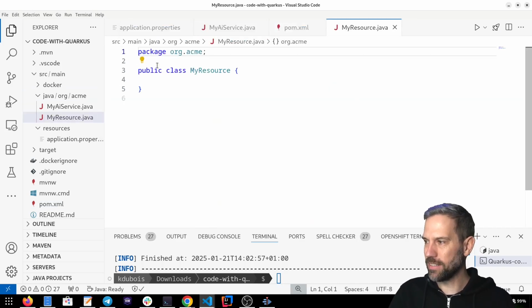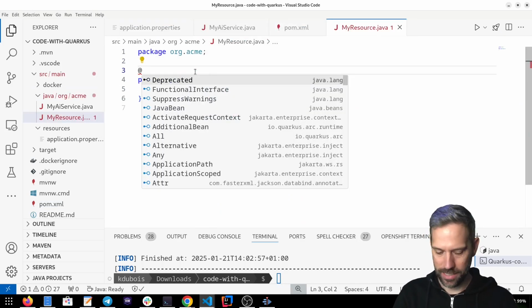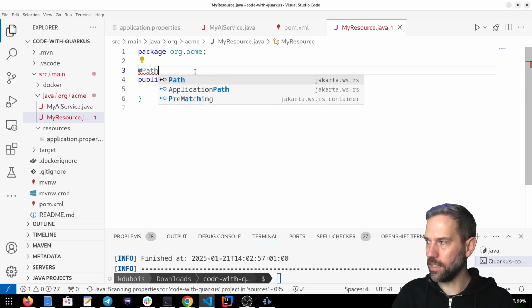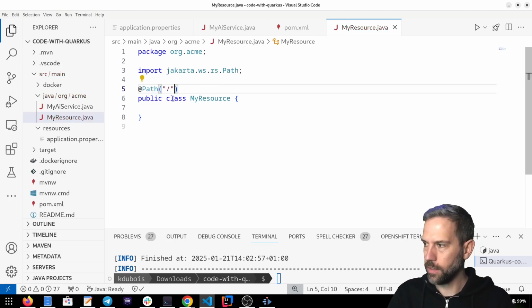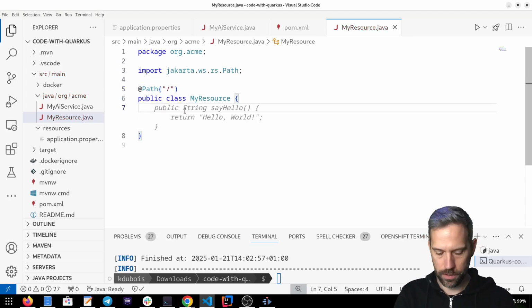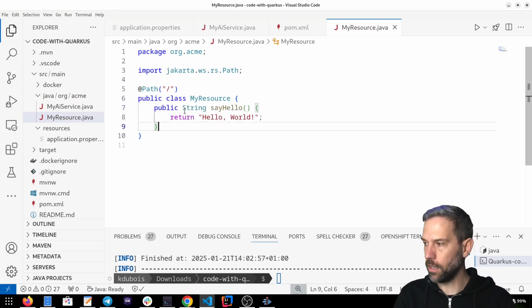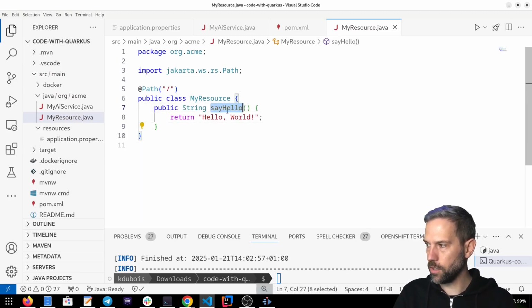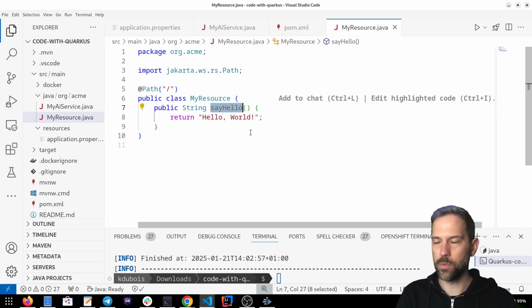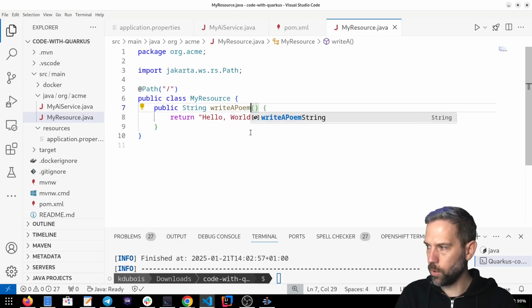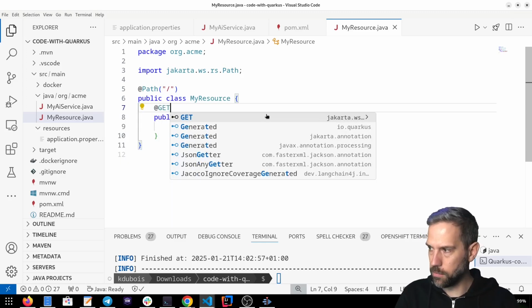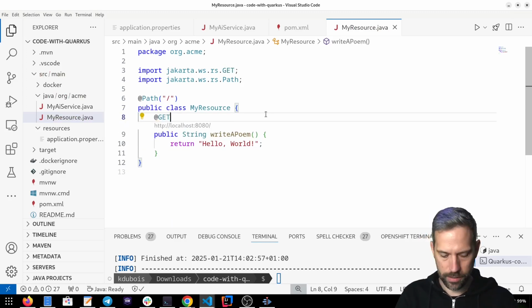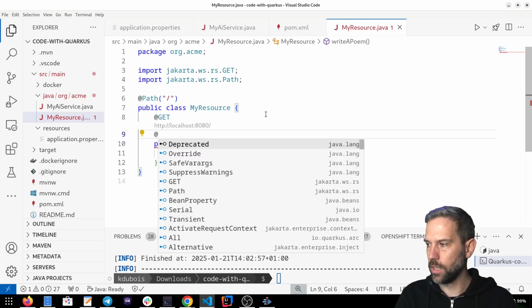And then basically, we're going to add a path annotation here from the Jakarta spec. And then we'll do this on the root path. And then we'll create a new method, public string, say hello, probably not. We'll write poem is a good name, I guess. We want this to be a get, and then we want it to return